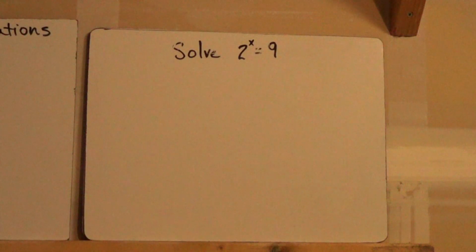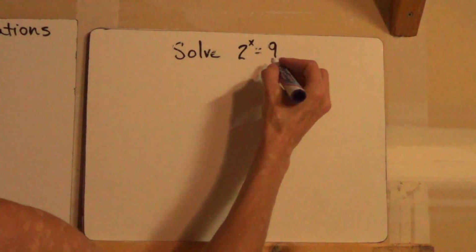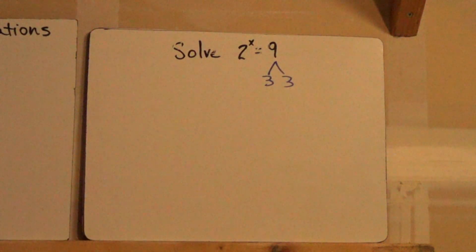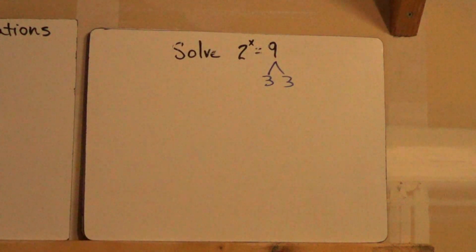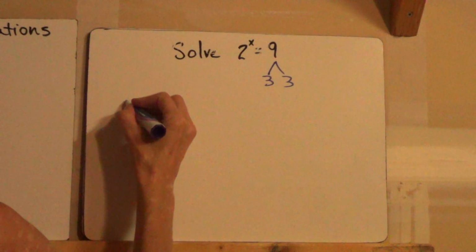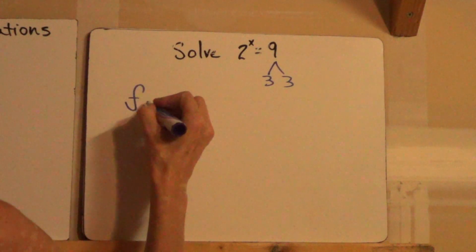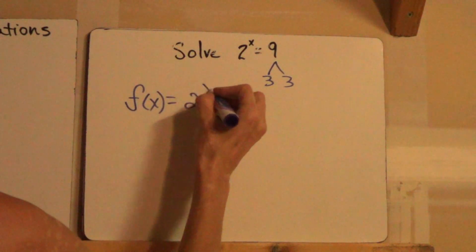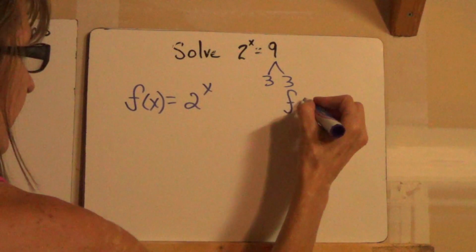So now we have something like this. And you go, yeah, well, when I break 9 down, I get 3 and 3. So what shall we do? The easiest thing to do on this kind of problem is to separate them into separate lines and graph them as a system. So we would go f of x equals 2 to the x, and f of x